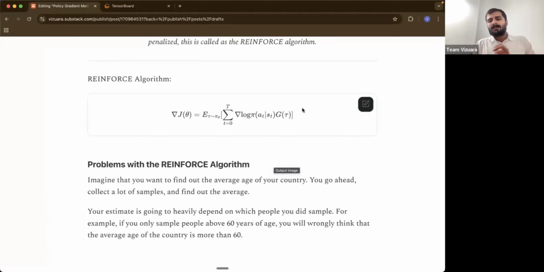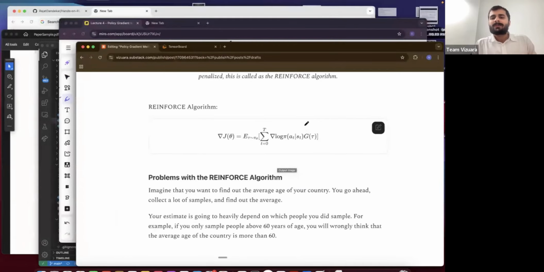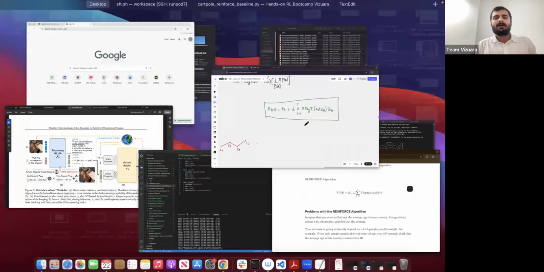And then people started to think, how do I take care of this variance problem? Is there a way I can subtly modify this REINFORCE algorithm so that I take care of the gradients? And the way people did that is,